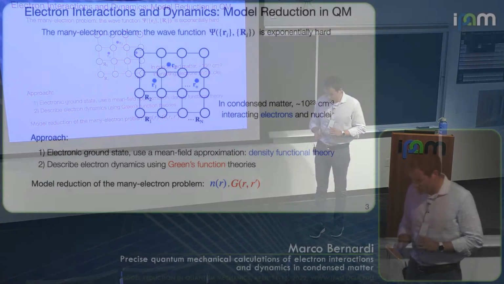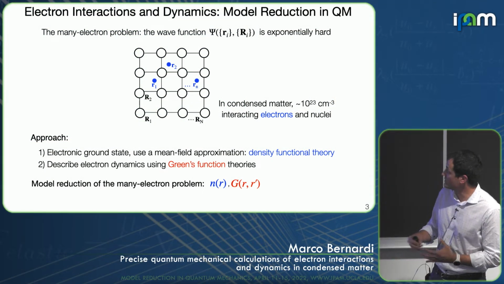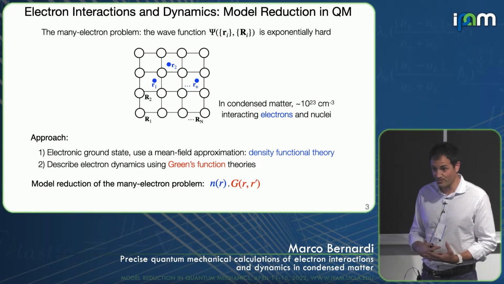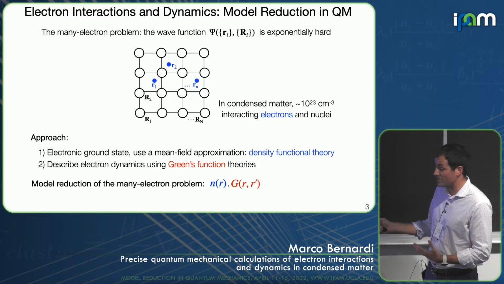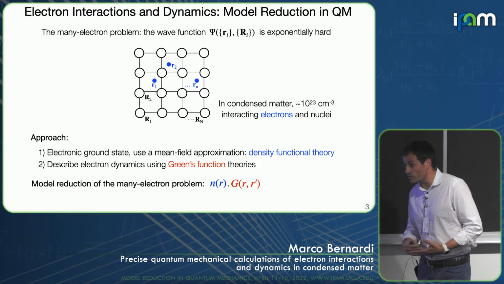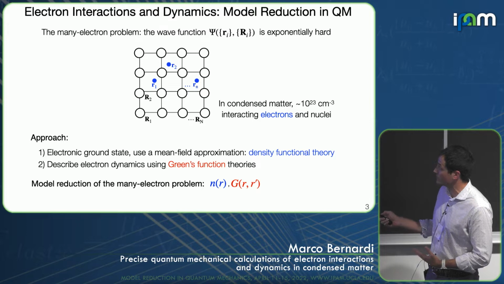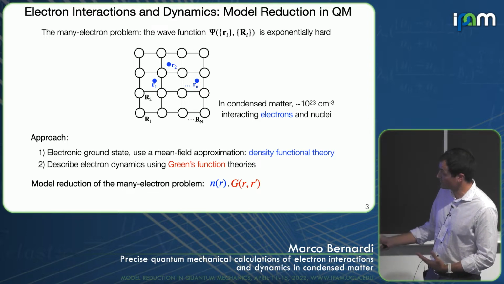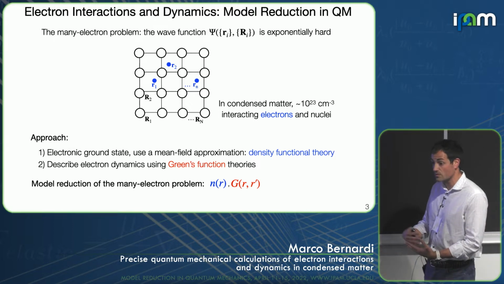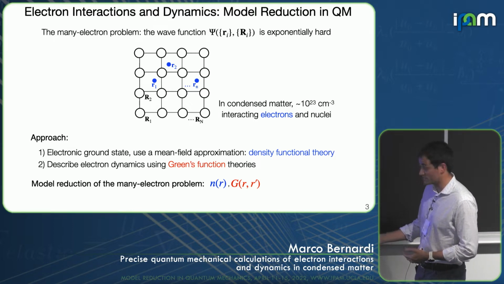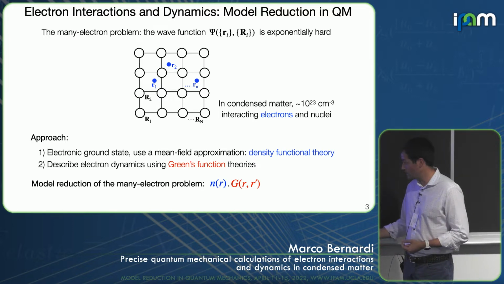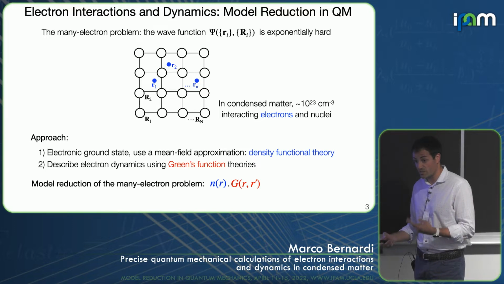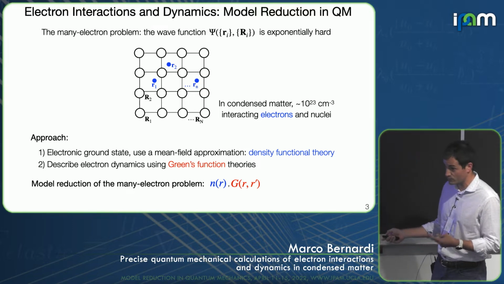Okay, so I think that studying electron interactions and dynamics is a prime example of model reduction in quantum mechanics. Okay, so on one hand, you have the many electron problem, where if you want to solve Schrödinger's equation and compute the many electron wave function, this is a problem that is exponentially hard. However, we circumvent that by focusing on low-rank quantities, such as the electron density, which is a function of one electronic coordinate, and the Green's function, which is a correlation function of the electrons, and it's a function of two